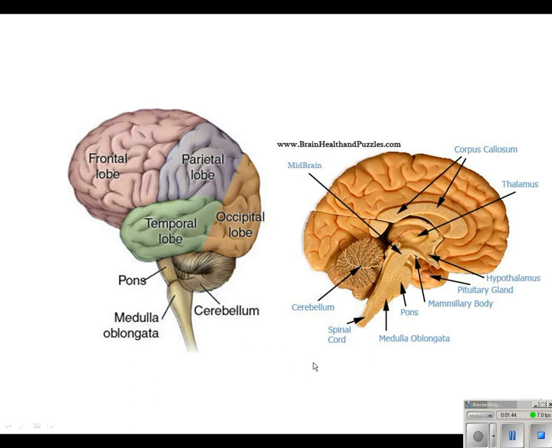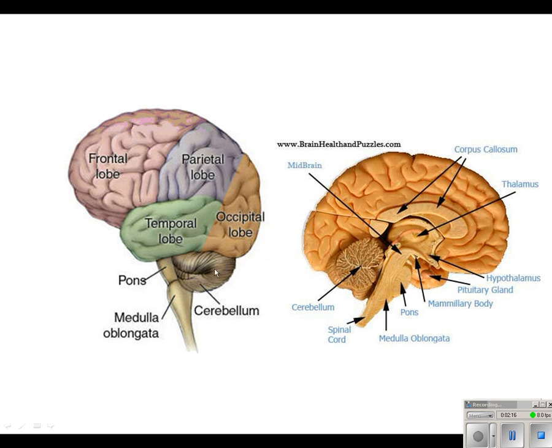And then the brain is divided into all of these different sections. They're called lobes. And we talk about the frontal, parietal, occipital, temporal lobe. And then at the bottom, we have what's called the brainstem. And this is going to consist of the pons, the cerebellum, and the medulla oblongata. The stem being more the pons and the medulla. Cerebellum sometimes is called the little brain. Now, the cerebellum is actually